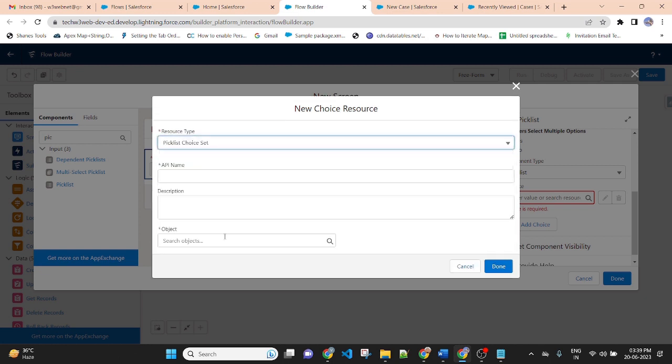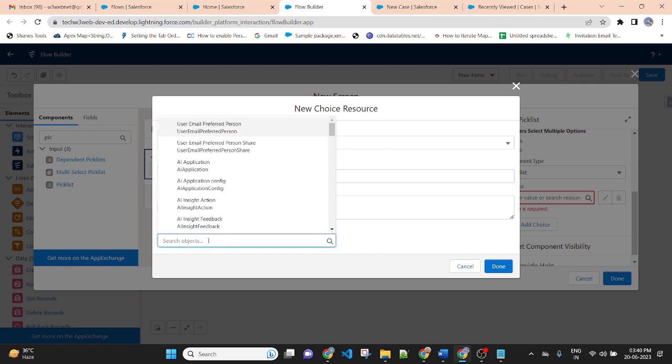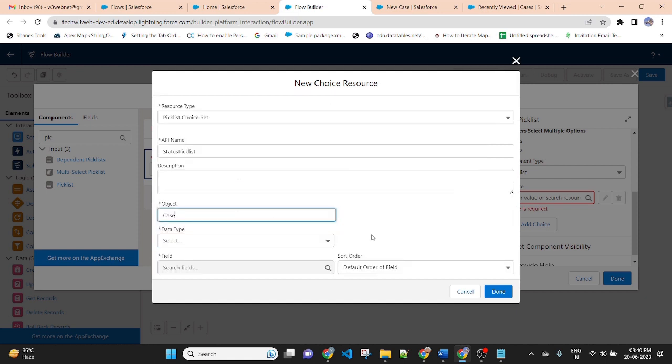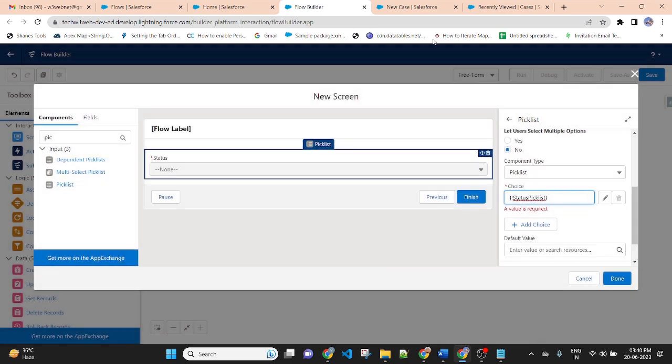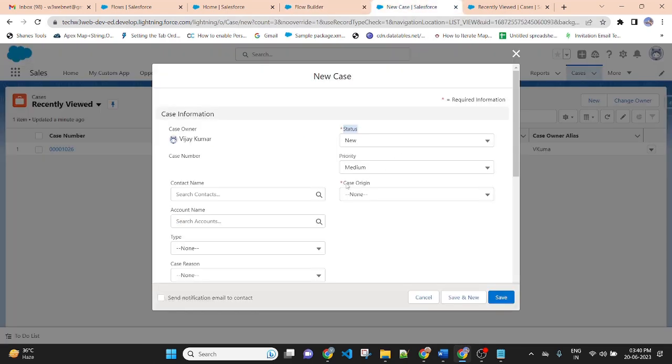Choice set picklist, status picklist. Object name will be case, data type picklist, field name status. Done.